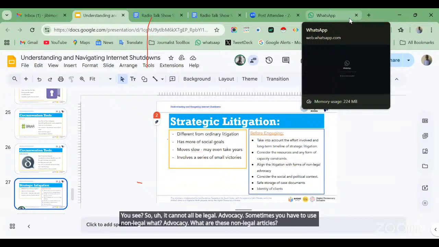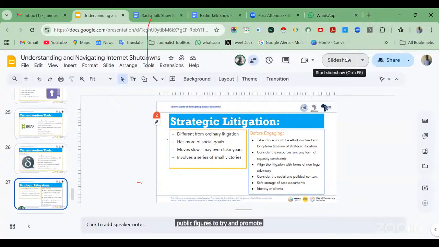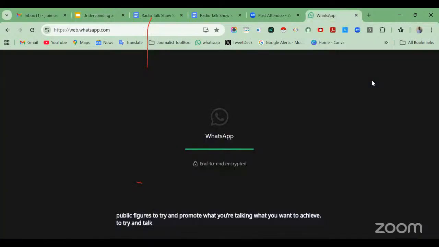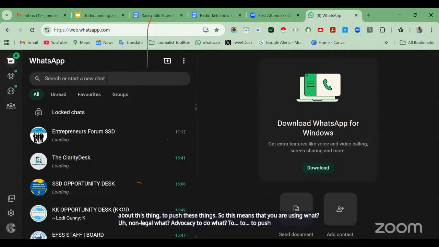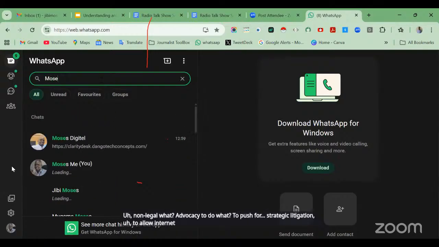These are advocacies you can do outside the court system, right? You can use public figures to try and promote what you want to achieve, to try and talk about these things, to push these things. So this means that you're using non-legal advocacy to push for a strategic litigation to allow internet access for the people.